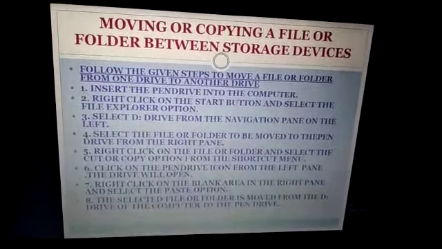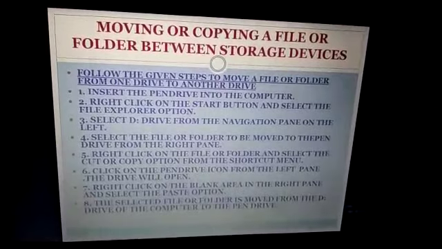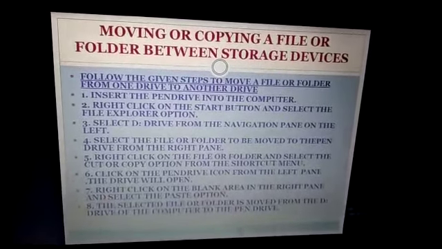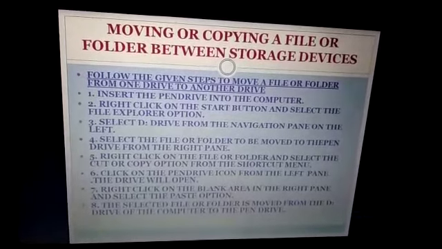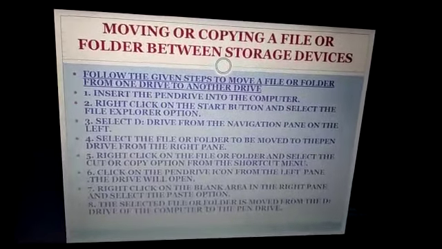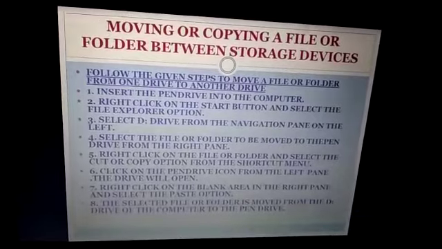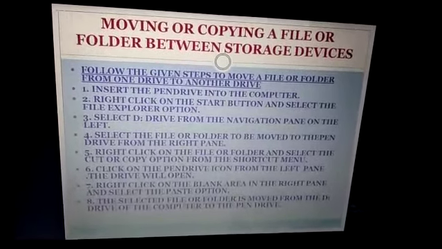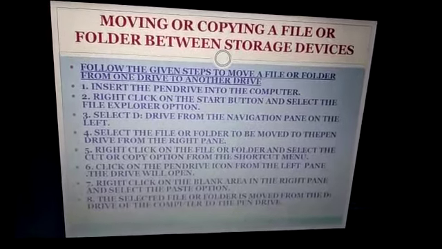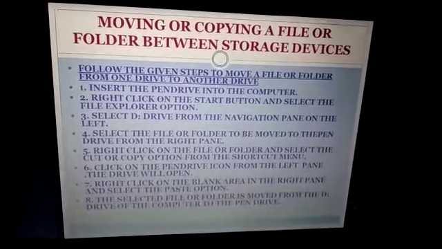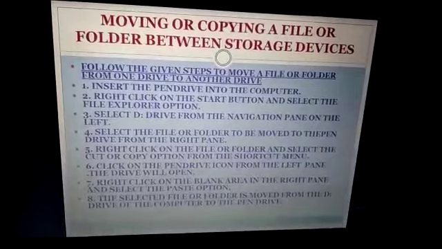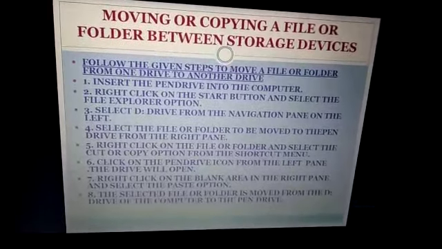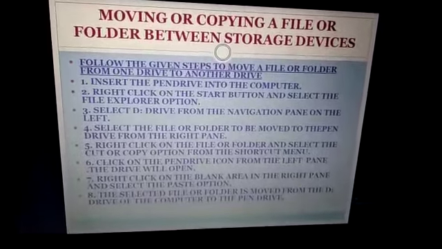So next step, right click on the start button and select the File Explorer option. Next step, select D drive from the navigation pane on the left. Next, select the file or folder to be moved to the pen drive from the right pane. Right click on the file or folder and select the cut or copy option from the shortcut menu.